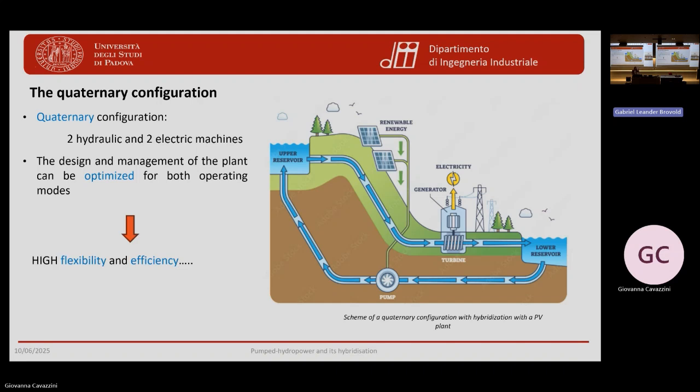So this configuration is characterized by very high efficiency and also very high flexibility. This means that you can use different volumetric flow rates, different heads, and you can operate your power plant in a wide range of operating conditions. So these are 2 extremely interesting performance aspects to consider when you have to decide the configuration of your power plant. But there is one drawback, the cost,